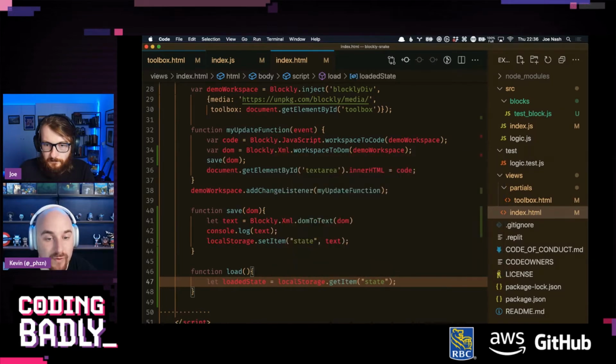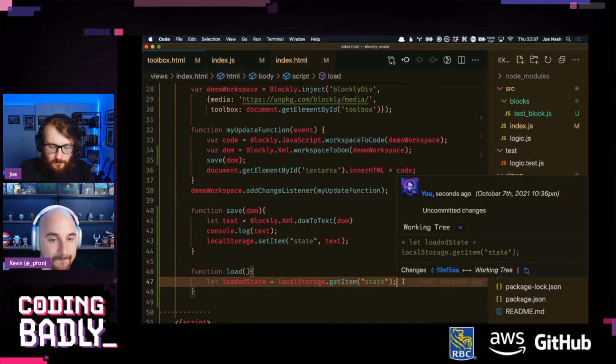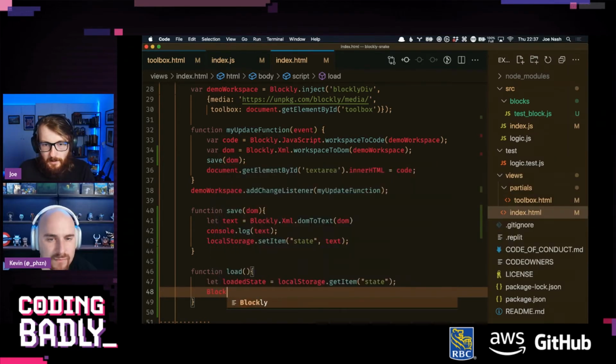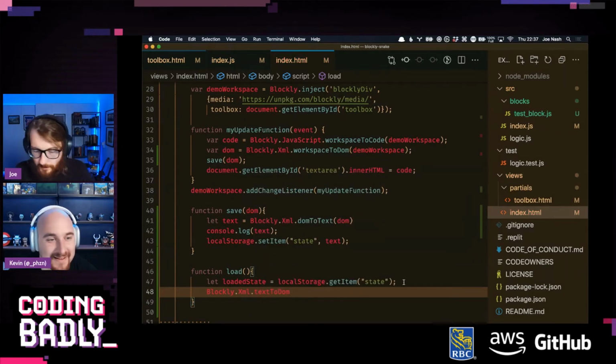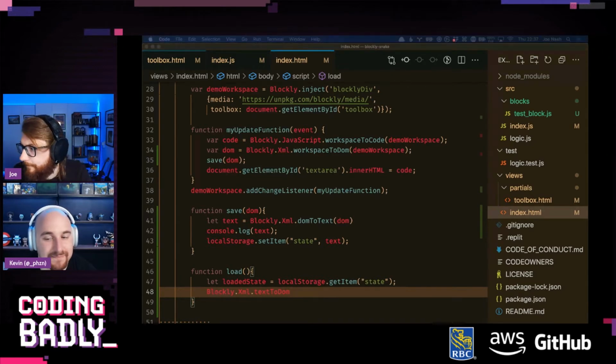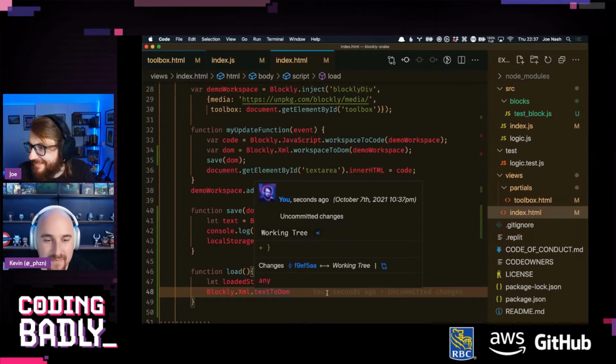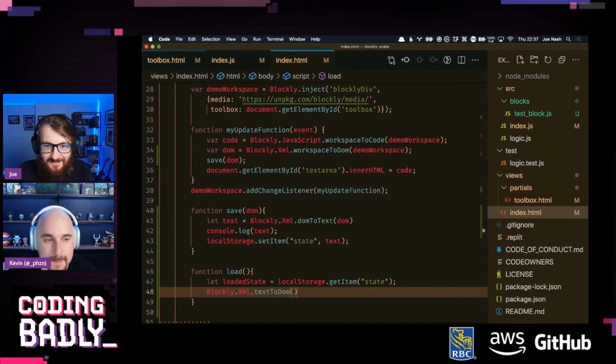Remember that is a string, so we want to do the inverse. So I imagine text to DOM, and then DOM to workspace. XML text to DOM. What was that? I'm just guessing here. Oh, let me have a quick look. Text to DOM. Yeah. Perfect. What does this take? It takes a text. So it's going to be loaded state, and that needs to be...